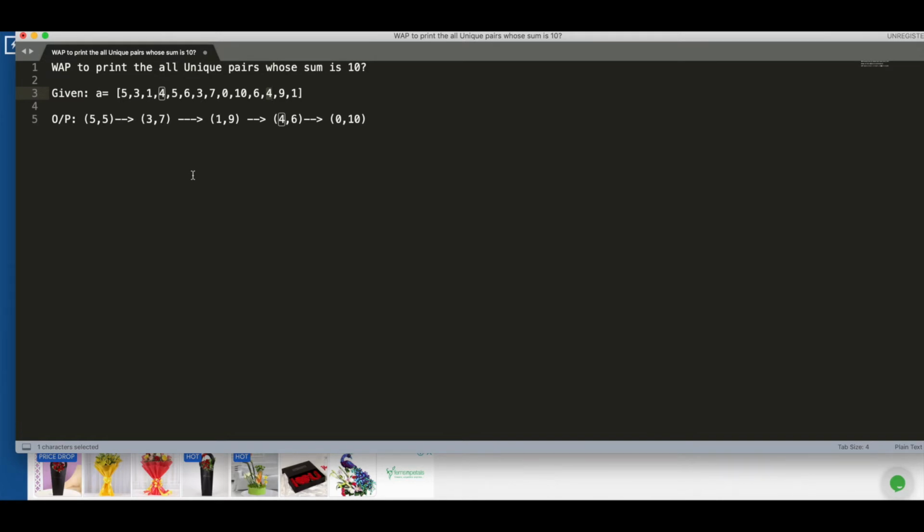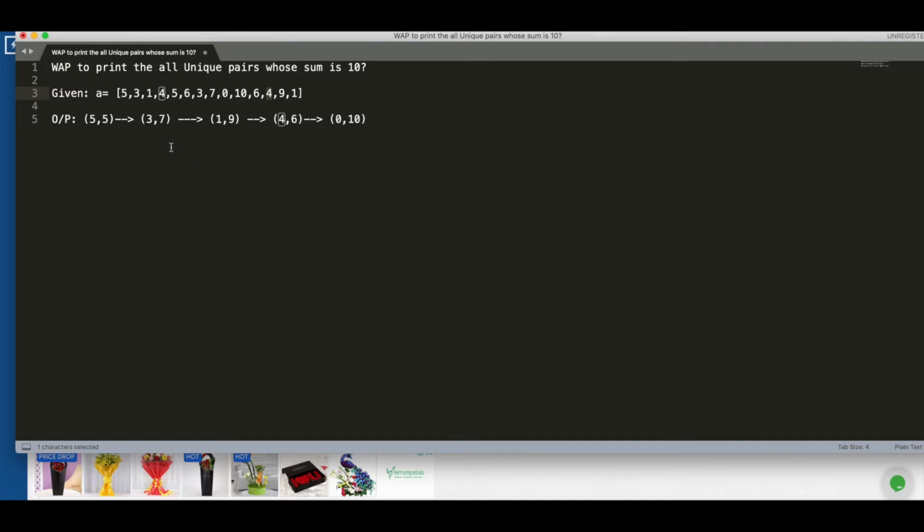So you have to print either of them. Both are not allowed, so they consider 4 comma 6 and 6 comma 4 as duplicates, because they seem to be the same kind of pair whose sum is 10. They wanted the unique pairs.